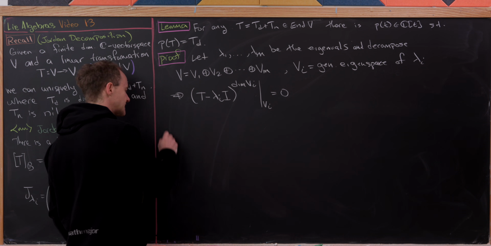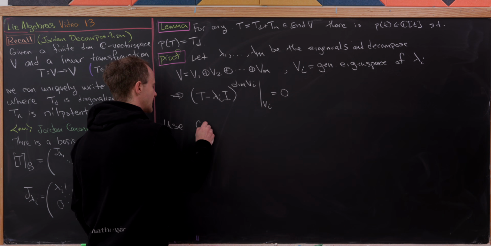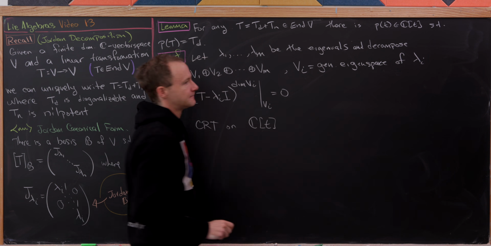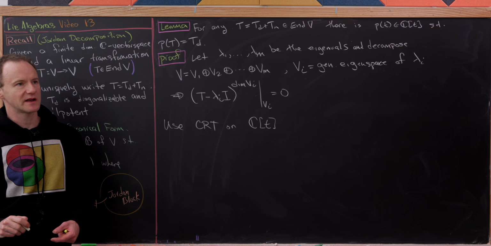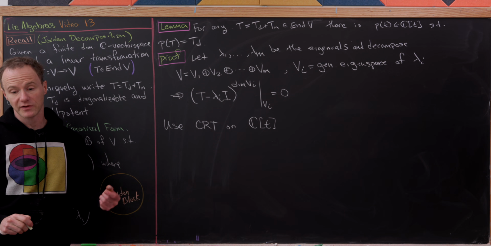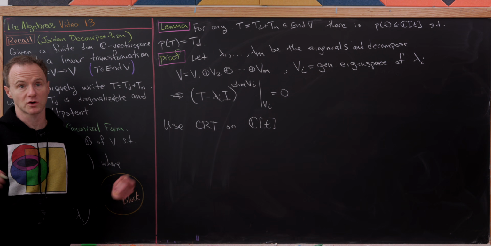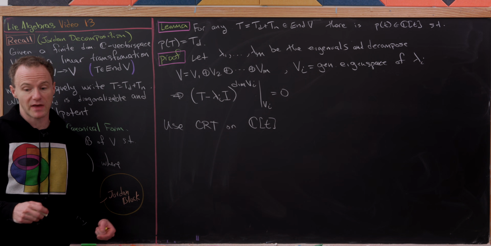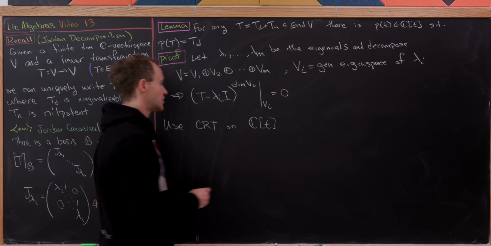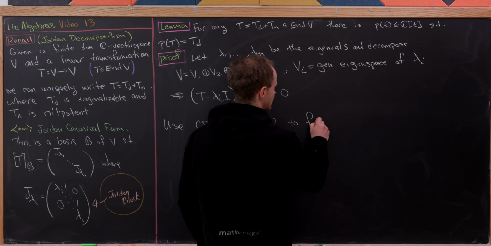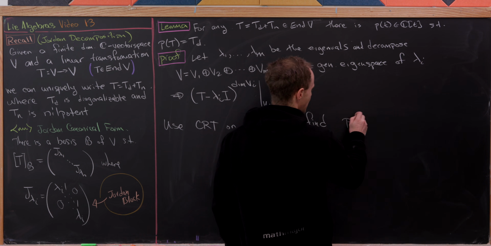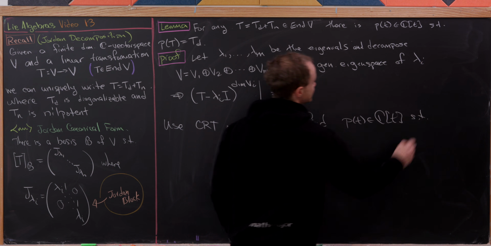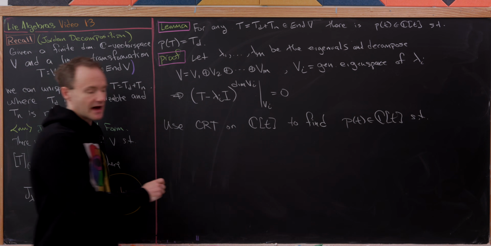Okay, so next up, we want to use the Chinese remainder theorem on C adjoin T. You might know the Chinese remainder theorem from a number theory class, but it holds in a more general world of rings than just integers modulo m and n. So this allows us to find some polynomial p of t in C adjoin t